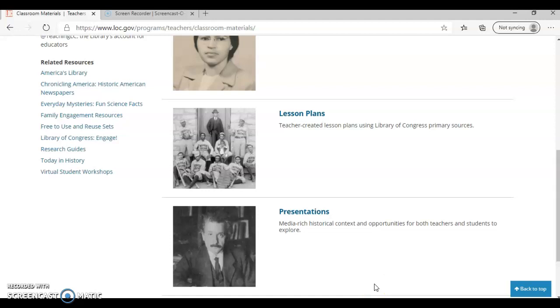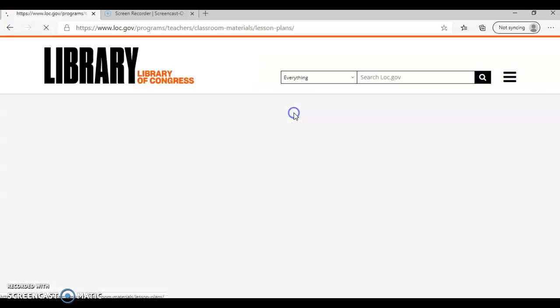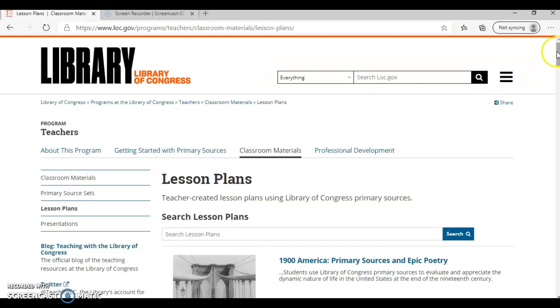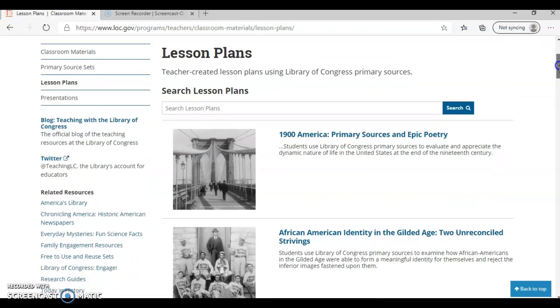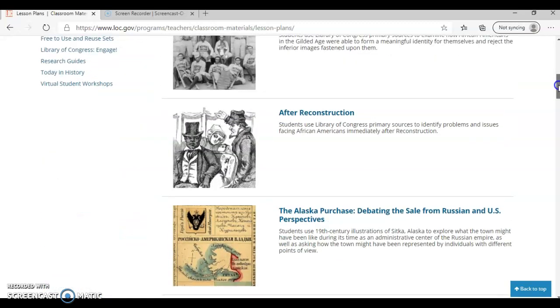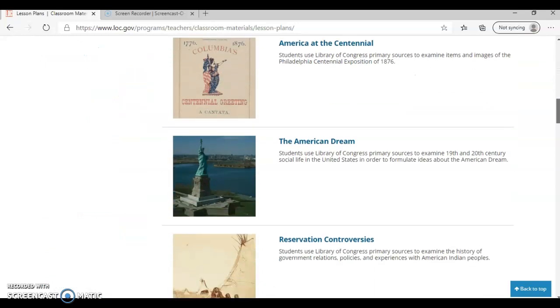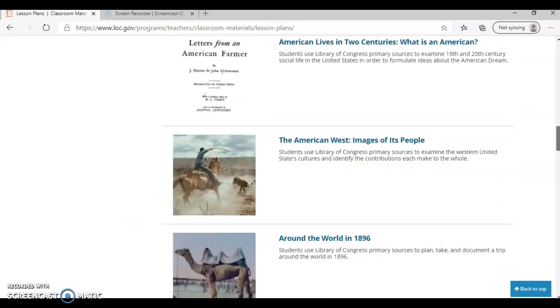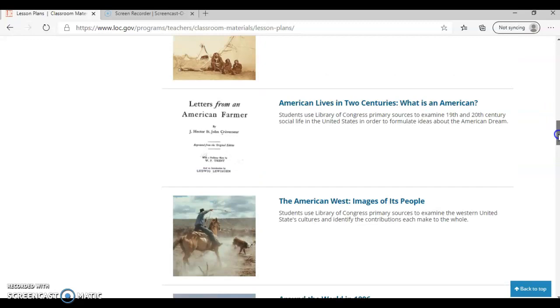historical topics and contexts. But I think probably the most important is their lesson plans. Here on the lesson plans, they have pre-made lesson plans made by educators using primary resources and primary resource sets that you can find within the primary resource plans. So here's just a few of them that you can find on the website, but if you're looking for